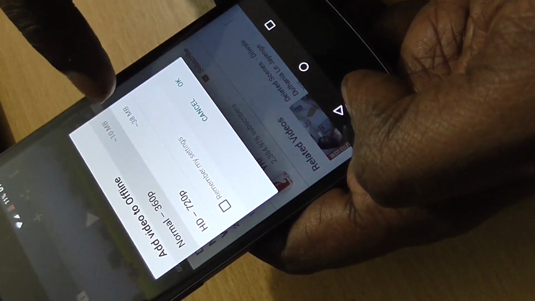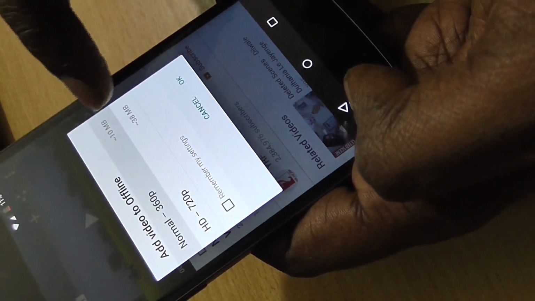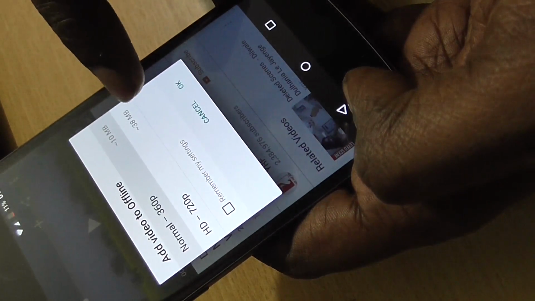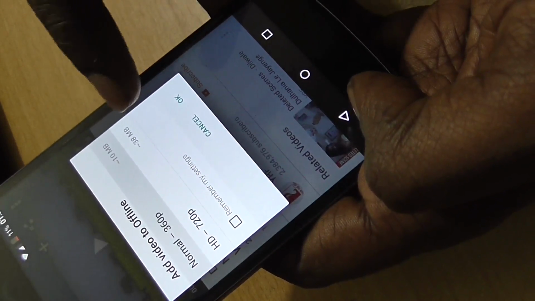As you can see, it also shows you the file size, the normal being 10 MB in file size, and the SD version is a bigger one of approximately 38 MB size.